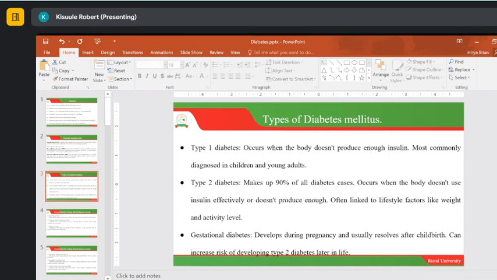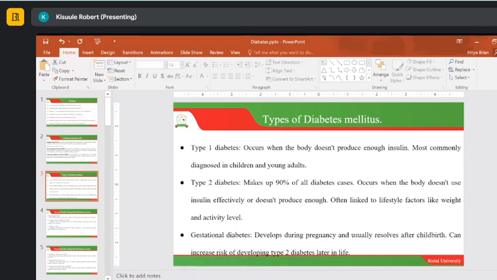And this one is often linked to lifestyle factors such as weight and activity level. That's why we were looking at obesity yesterday, because these are some of the predisposing factors to type 2 diabetes mellitus. Well, people could argue that in type 1 diabetes mellitus, a lot of genetics comes into play, whereby you can't do much by pushing the body to produce the insulin that you want. But for diabetes type 2, we have all the things at our disposal.